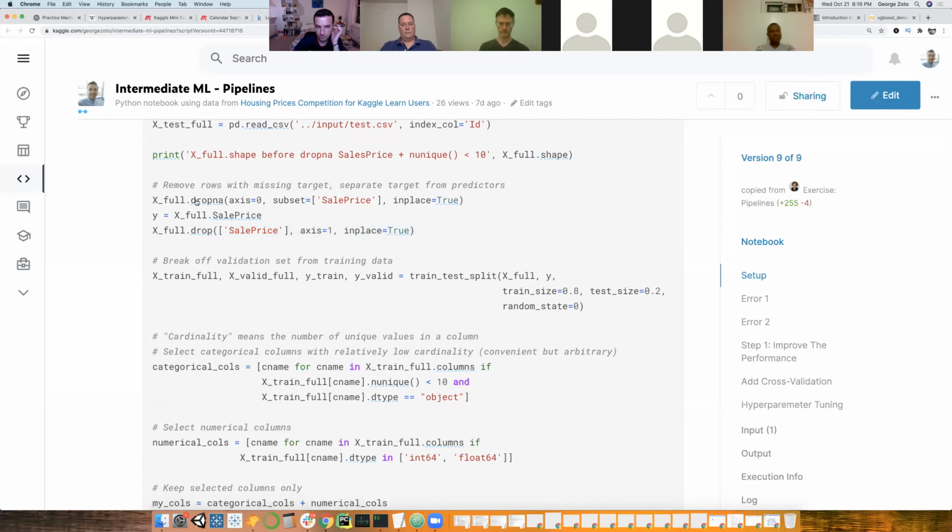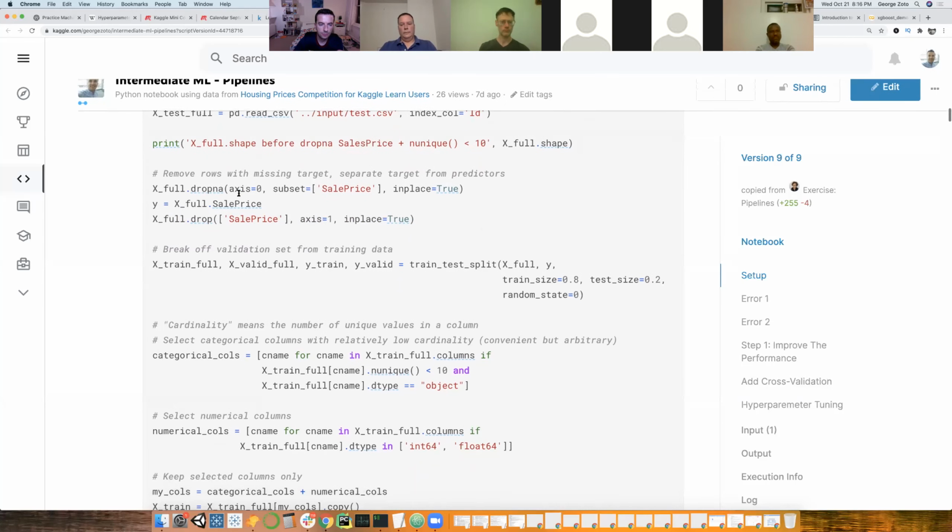Sorry, this dropna is actually different. It's not dropping just the sales price, it's dropping any row where there's at least a missing value in any feature. So this is usually not a good idea, but for this exercise, I'm not sure why this would be useful.